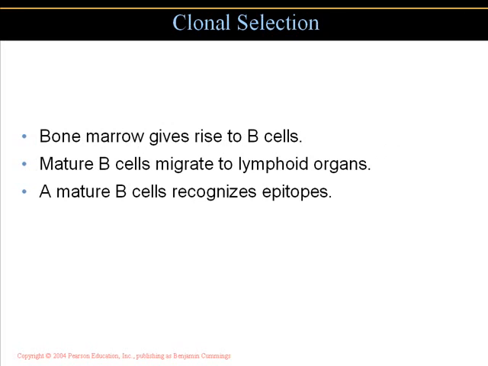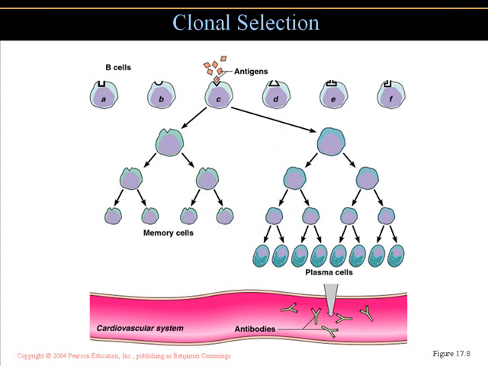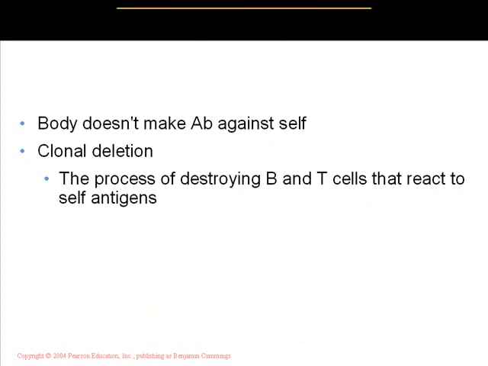Clonal selection. Bone marrow gives rise to B cells. Mature B cells migrate to lymphoid organs. A mature B cell will recognize the epitopes, as we talked about earlier. And I didn't really go into any detail about clonal selection. You do need to know the concept of self-tolerance, though, because our immune system has to be able to recognize our own tissue as self and be able to recognize other invaders as non-self. So the process of destroying B and T cells that react to